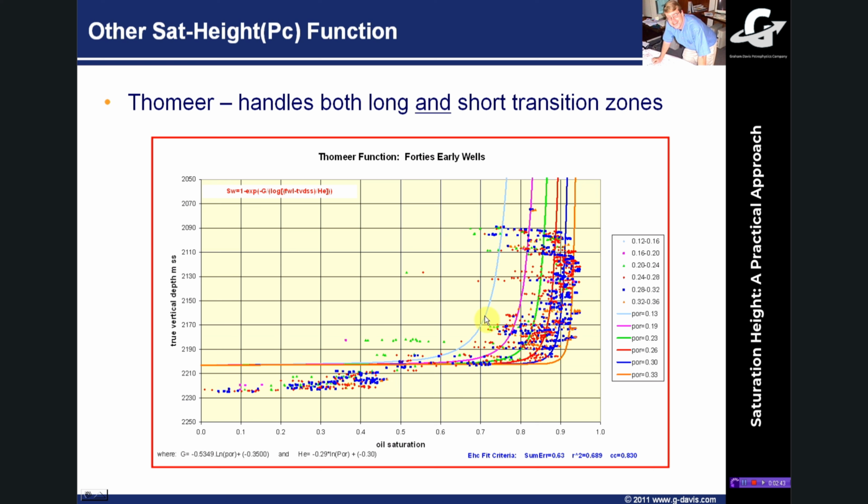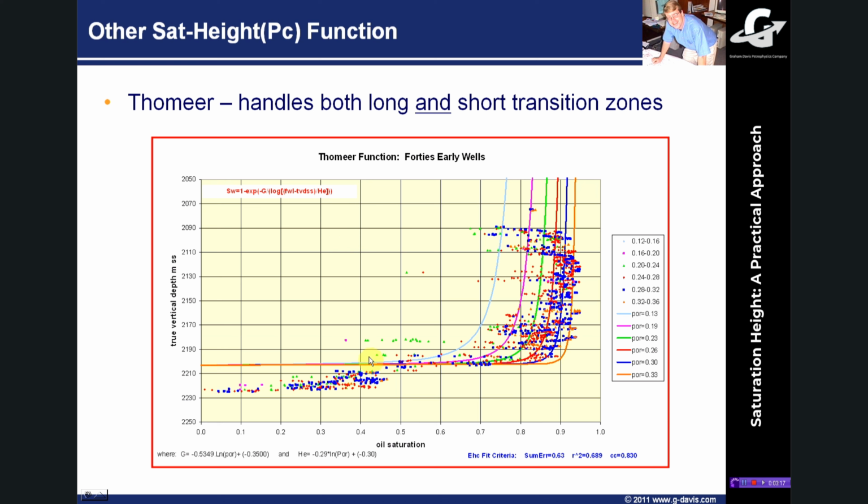This implementation of the Tamir function is a little bit difficult in the regression analysis. You have to do the regression in two parts, and sometimes the porosity terms conflict with each other and can crash the equation. So it's a bit of a tricky one to get a stable regression result for. Therefore I'm not going to present how to do the Tamir function because I don't want to spend the next few years answering questions and calls about why has my regression analysis crashed.